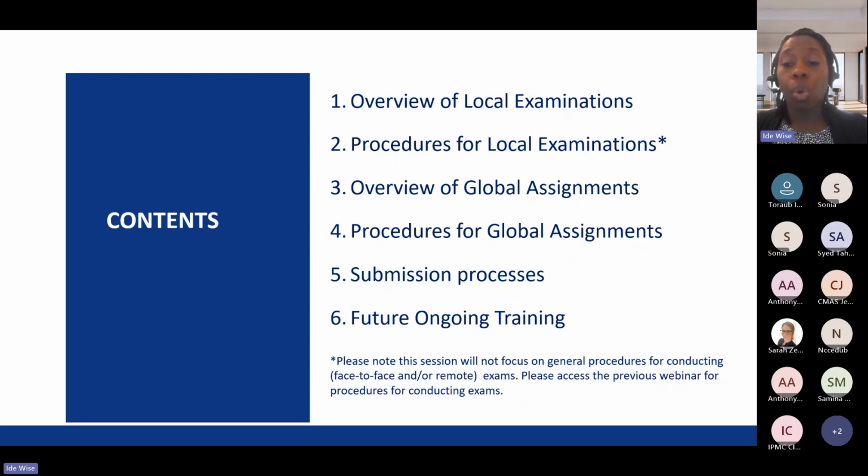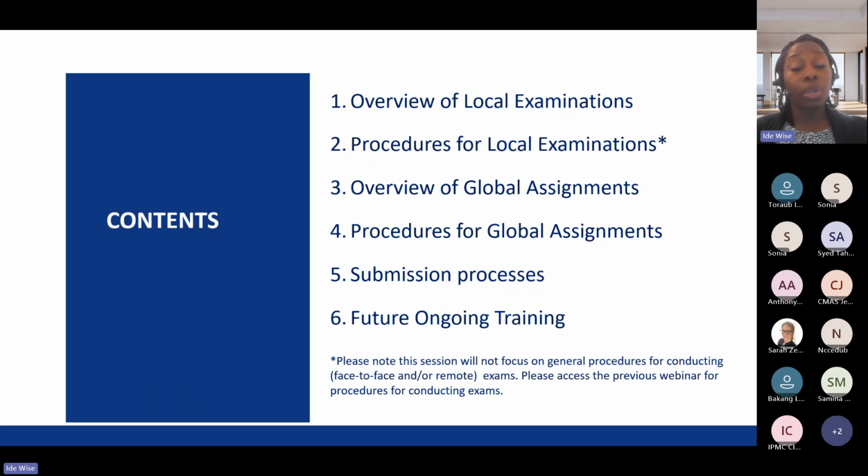We talked about what the chief invigilator must do before the exam in terms of preparing the exam venue. We talked about the criteria for the exam venue, the need to identify candidates and how you should do that, and procedures for entry to the exam. We talked about the processes that must be adhered to on the day of the exam and what you must do following the exam as well. We also talked about remote invigilation: how you request that, the necessary forms that need to be filled in, the approval, the training, and how it actually all works.